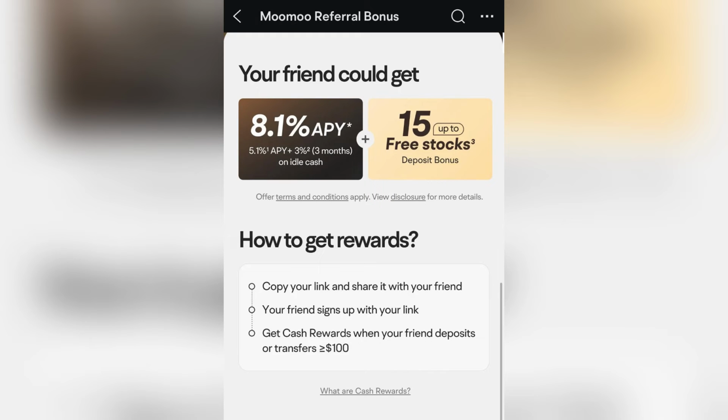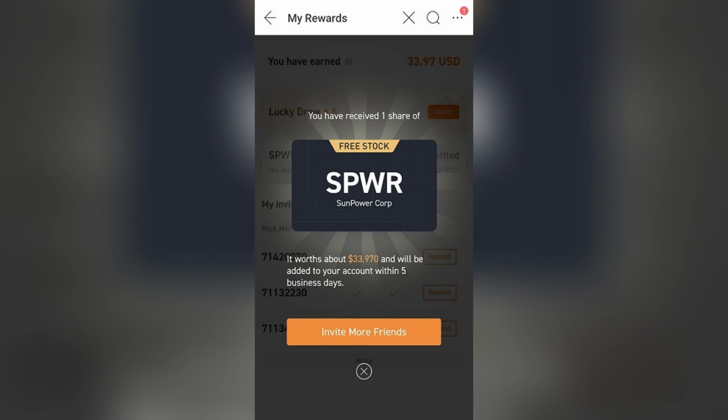Once you've met all the requirements, your free stocks will be credited directly to your account. The person who referred you also earns rewards when you finish the process, so both of you benefit. Keep in mind that the exact rewards, deposit requirements, and time frames may vary depending on your region and the